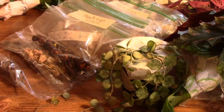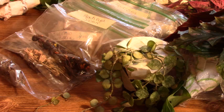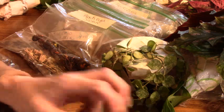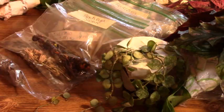Okay, we're getting down to the bottom, folks. I'm saving the big one for last. Oh, she sent me some more of her... I think this is off of here. She sent me some more of her